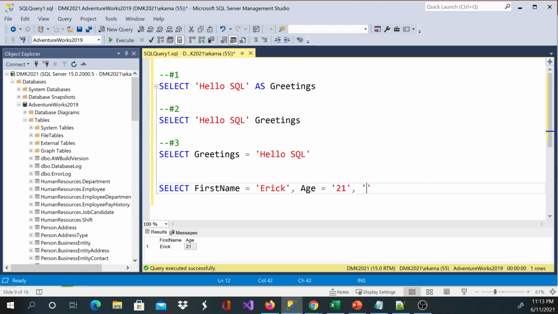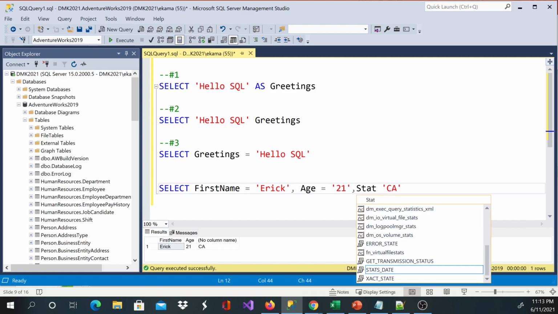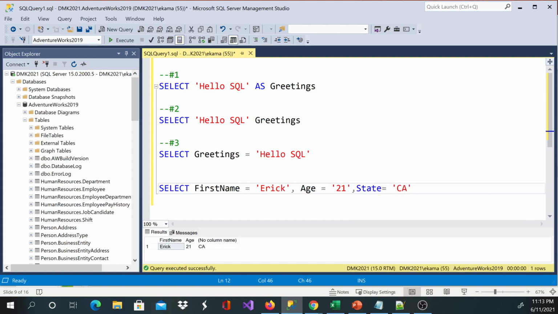And I can add another column. Let's say I'm not gonna rename this. Let's say it's CA, which stands for California, the location. So if you execute, you see there's no column name. So we can go ahead and just add a column name and say maybe this is a state equal to. Okay, and if you execute,